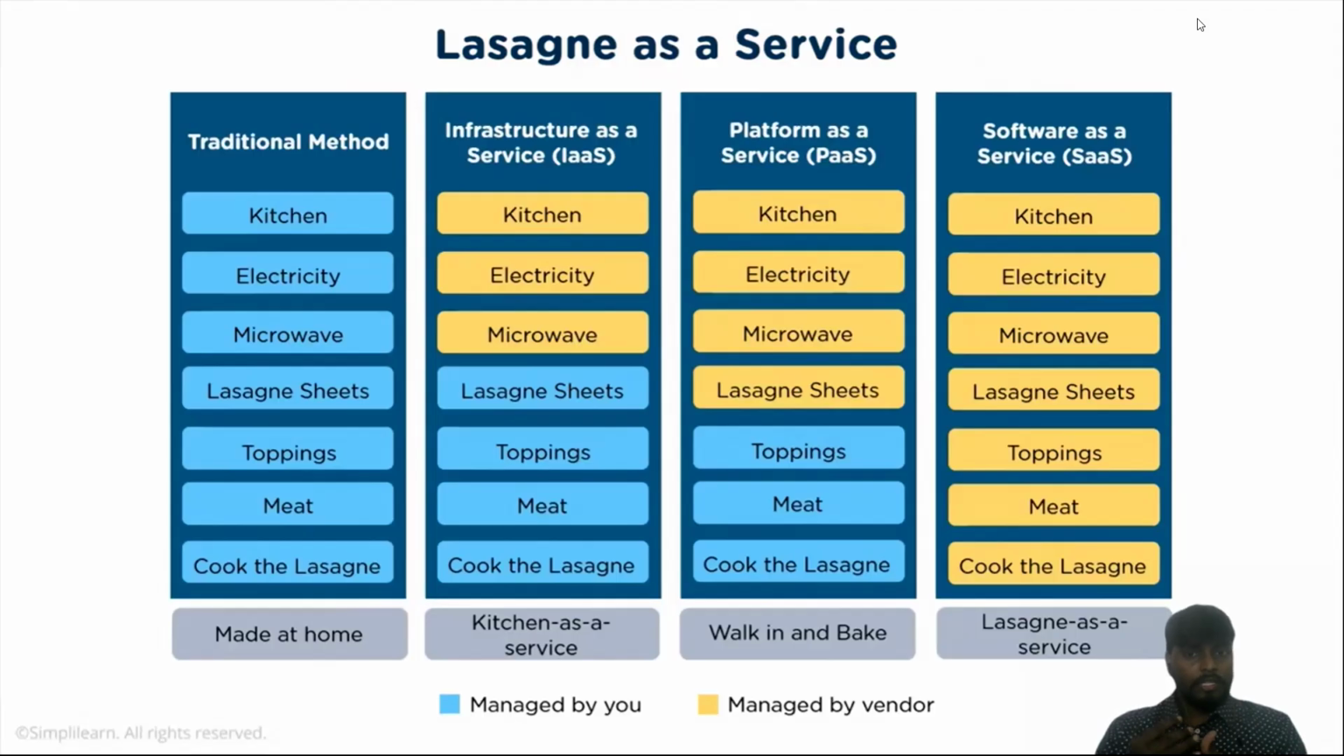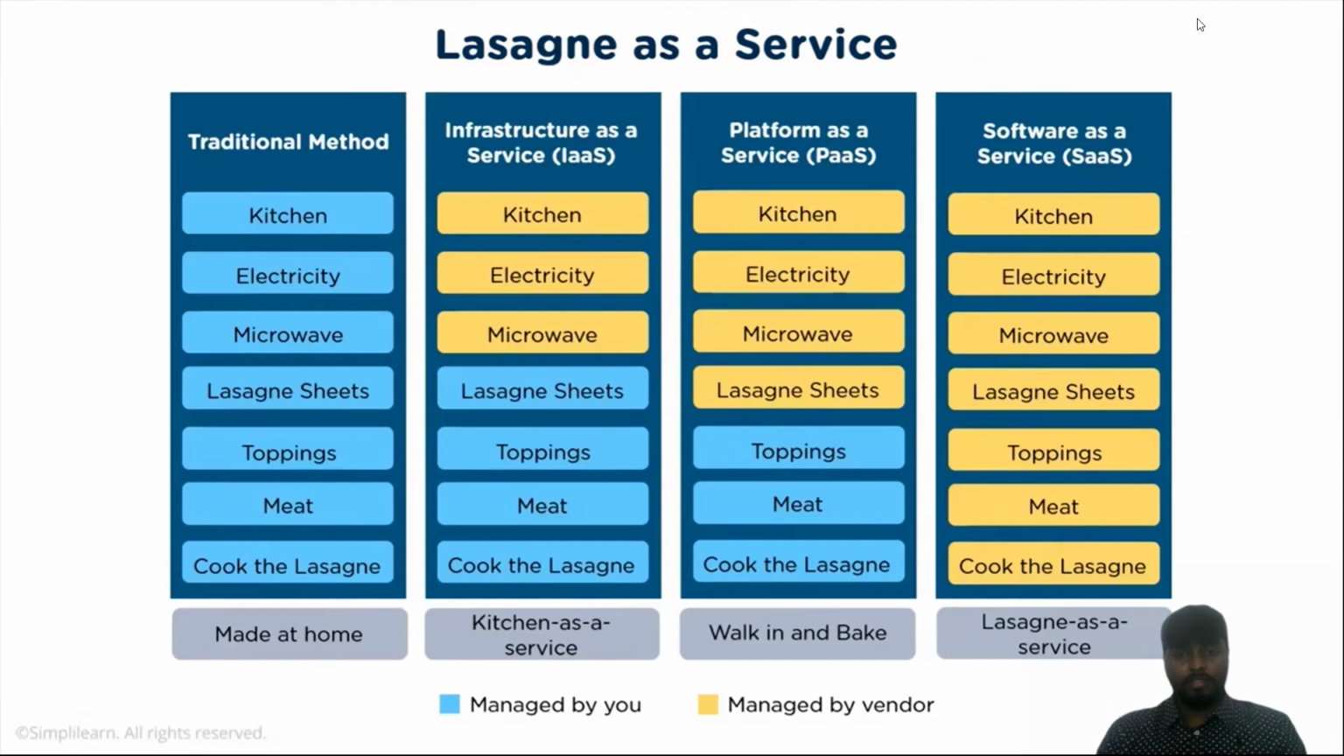Here, all the lasagna till the lasagna sheets. The kitchen, electricity, microwave oven, and lasagna sheets will be there. The remaining things we have to take and we have to cook lasagna over there. The final step, lasagna as a service, like ordering the lasagna from Zomato or Swiggy delivery apps, Uber Eats,